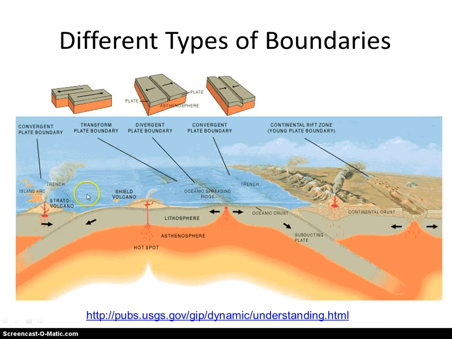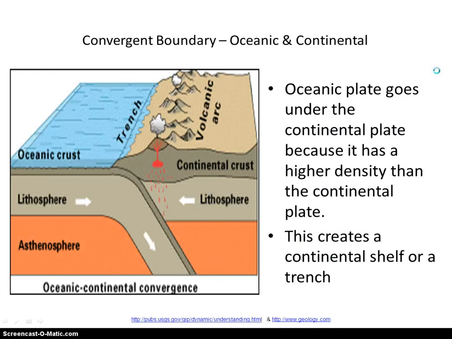Here's another visual for you. Now, in the chart on the right side on page 7, you're going to fill these out. What happens, the landforms that are created, and then the diagram. You're going to have to do something similar on the test because there's each different subsections for each different type